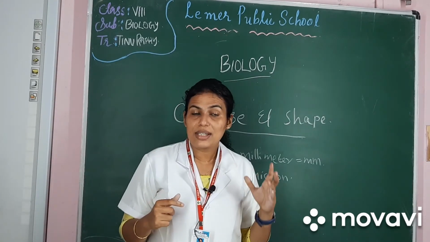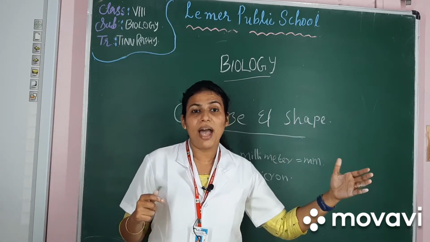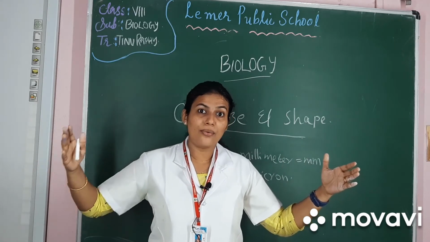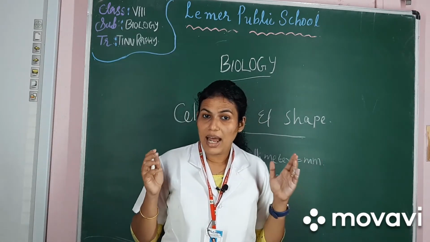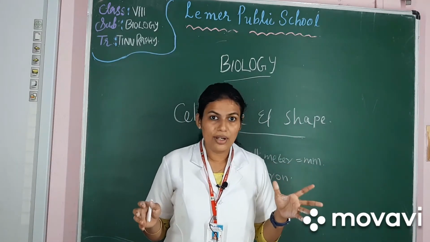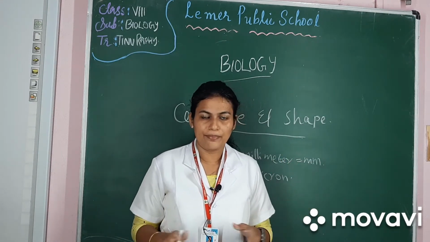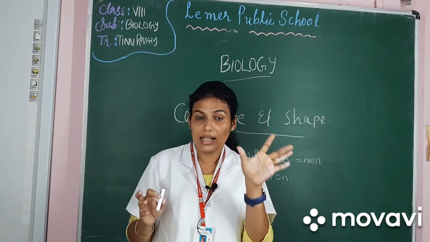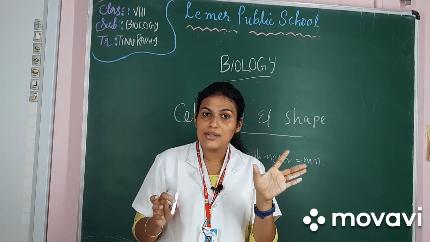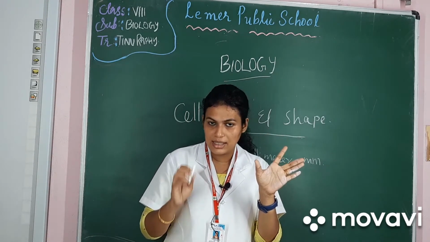So the size of the cell varies from a small bacterium to the egg cell of an ostrich. And even an alga called acetabularia has a single cell of 10 centimeters. You have seen on a scale how much 10 centimeters is. So a single cell of acetabularia,